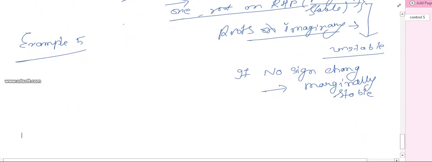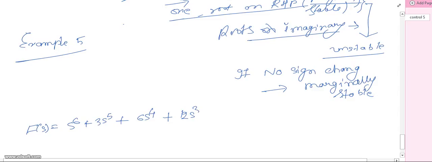Now another concept. Let us take one more example. Example 5. F(s) is equal to s to the power 6 plus 3s^5 plus 6s^4 plus 12s^3 plus 12s^2 plus 12s plus 8 equal to 0. This is our characteristic equation,